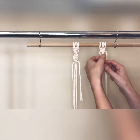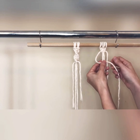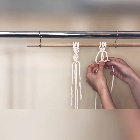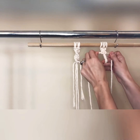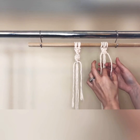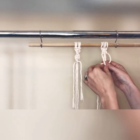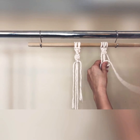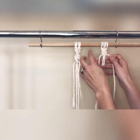So again, take the left working cord over the base cords, right working cord comes over, around the back, and through. That's your basic half knot. Now you take your right working cord over the base cords, left working cord comes over, around the back, and through. Pull the ends to tighten. There, now you have